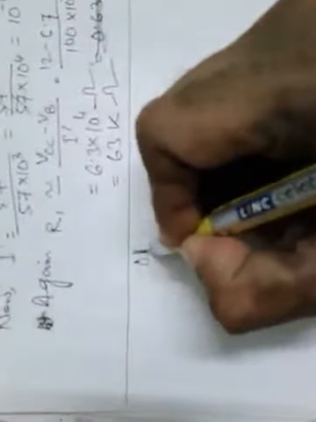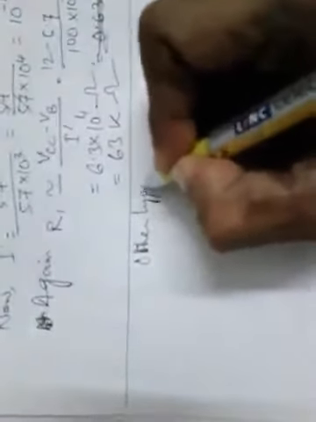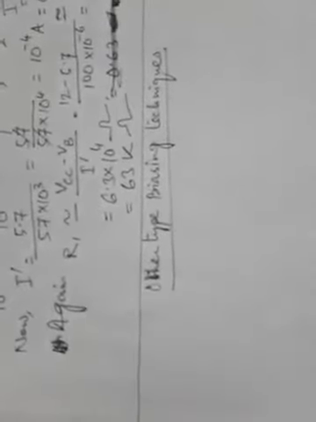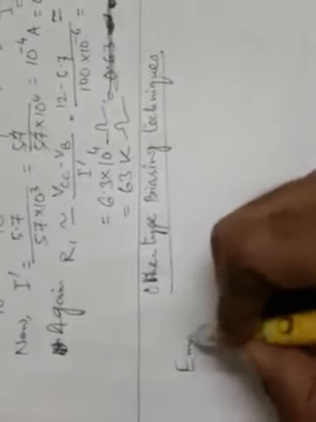Now let us see some other type of biasing techniques. These techniques are rarely used nowadays in new designs, but they exist in the system. So no detailed analysis is required of these circuits, only you need a little bit of awareness about the concepts of this type of biasing techniques. So first let us see emitter feedback bias.